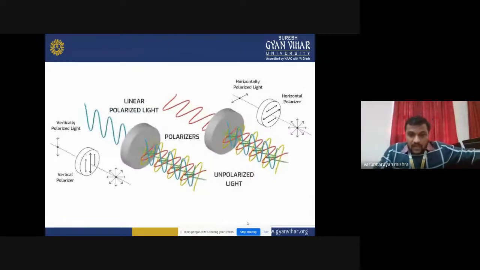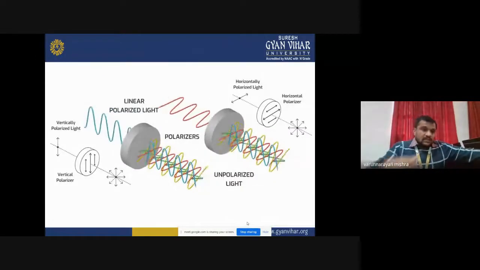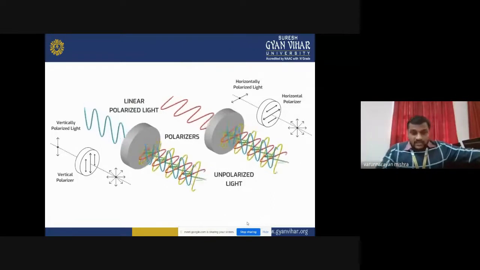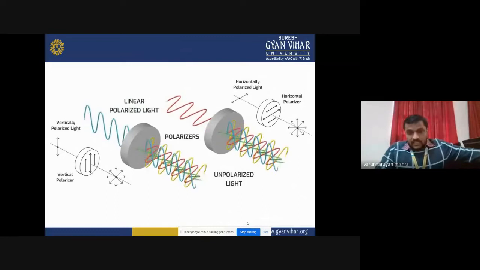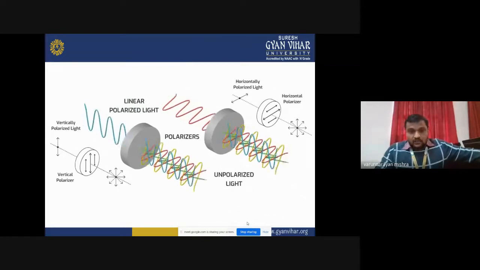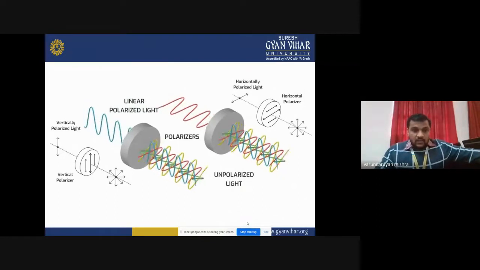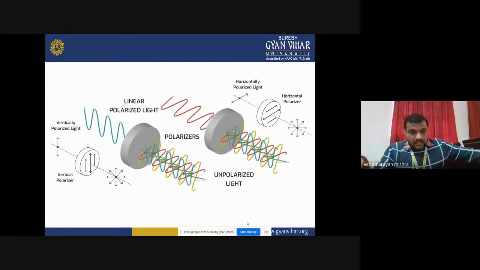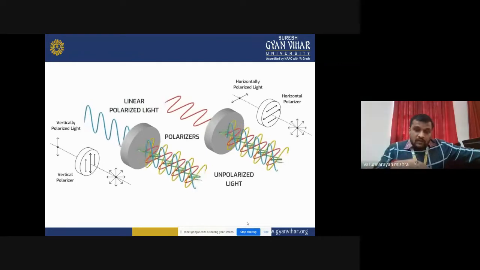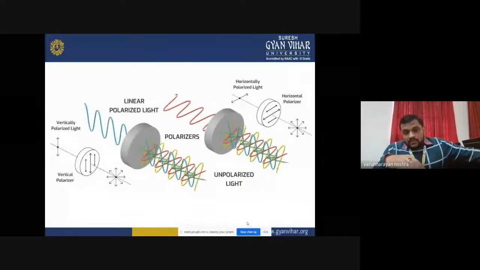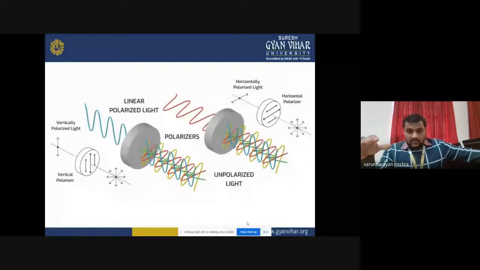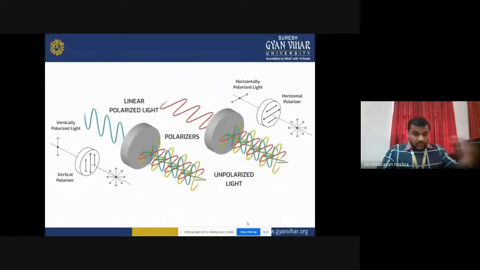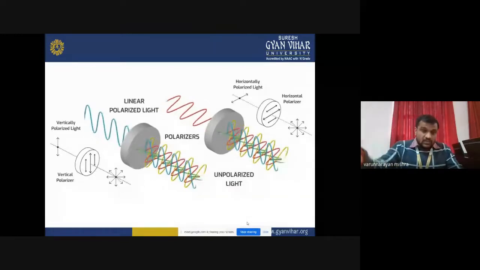So this is the way you can see the difference between vertically polarized light and horizontally polarized light. Vertically polarized and horizontally polarized lights are used for different applications. If we allow only the vertical direction of the signal, it is vertically polarized light. If we allow only the horizontal direction of the light, it is known as horizontally polarized light. So whatever signal is received by the receiver depends on the composition of the material, orientation of the material on